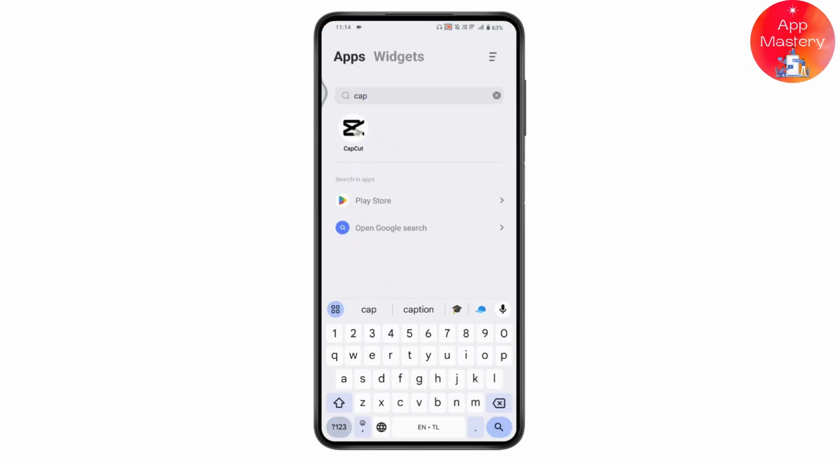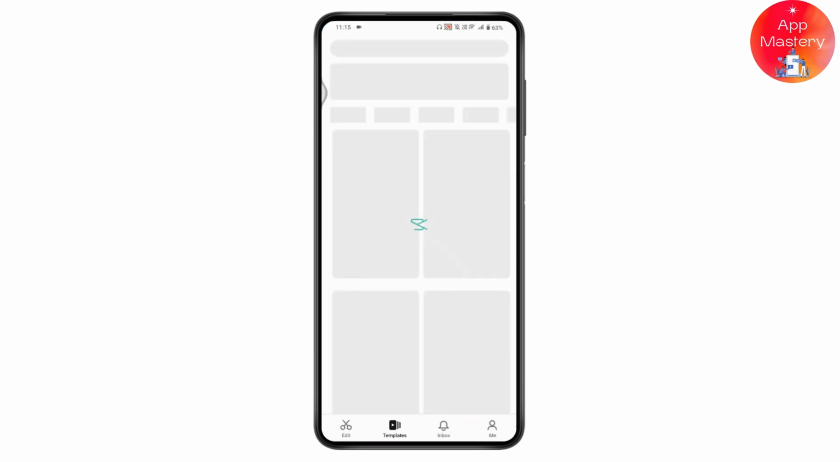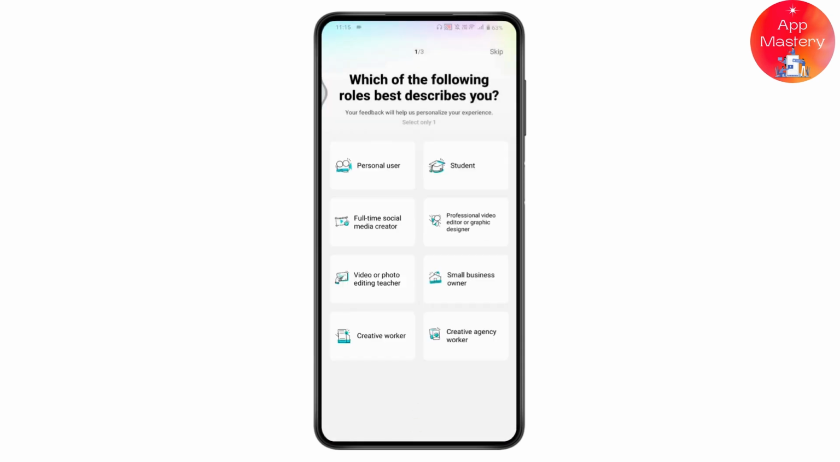So I've just added CapCut lock, and once you tap on CapCut, here it will ask you to verify with your fingerprint or use your password. So enter the password and it will take you to the CapCut. So that's how you can lock